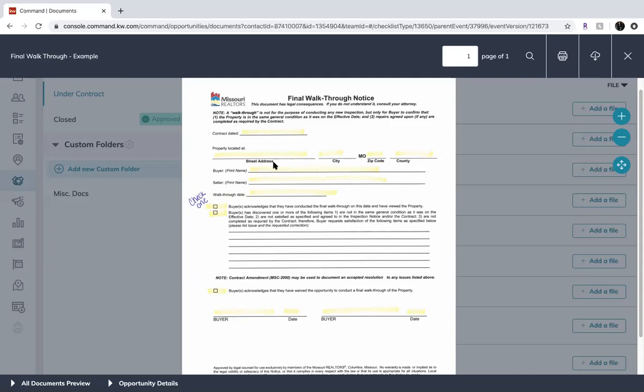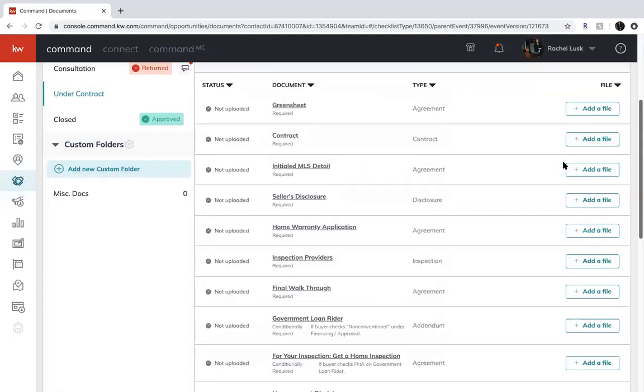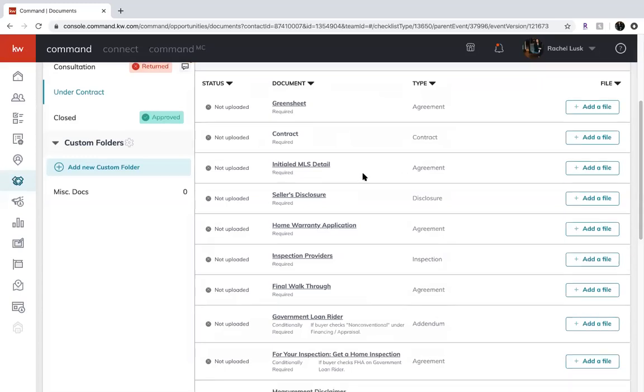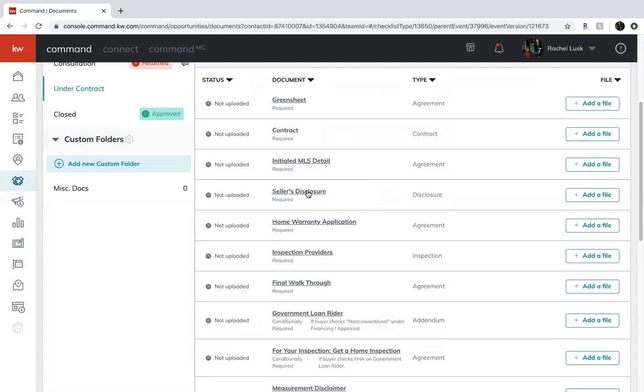So again, they'll fill out the information here and then check one of these boxes. The buyers will sign and date, and this will be the last form you submit whenever you are done with your contract file. Now with the seller's disclosures, if they did check that